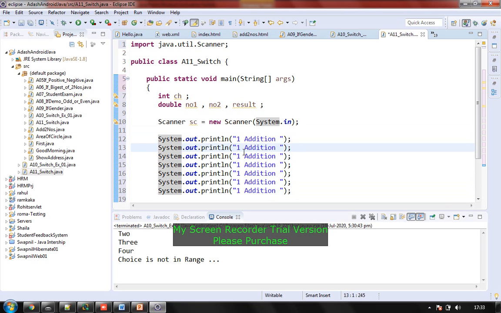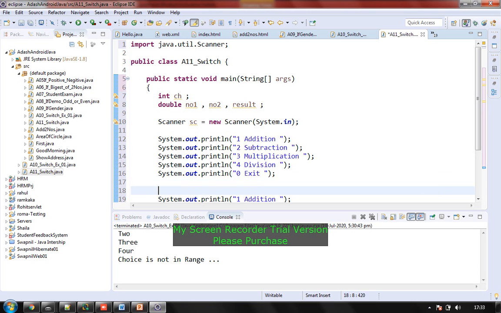So choice 1 is addition, choice 2 is subtraction, choice 3 is multiplication, choice 4 is division. I think after that you should say exit, and it's better not to write choice 5, write 0 for that. Then one choice is there, we can just check it out.